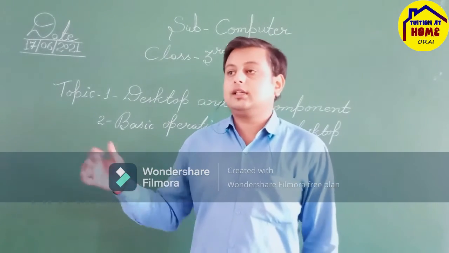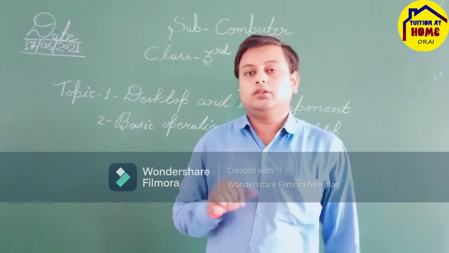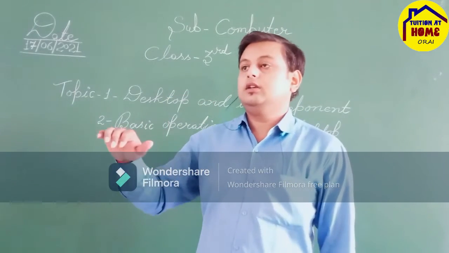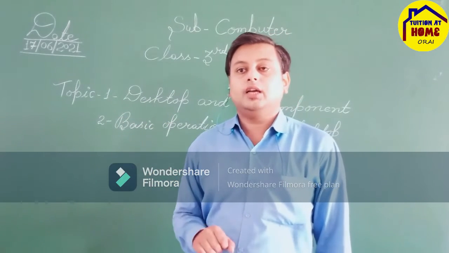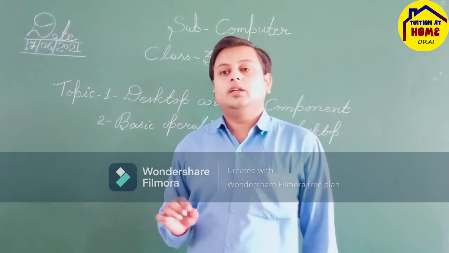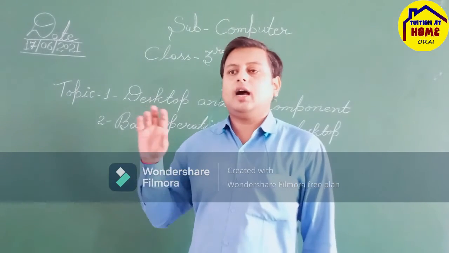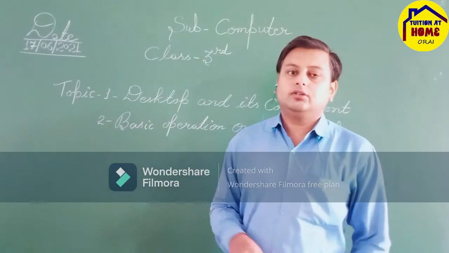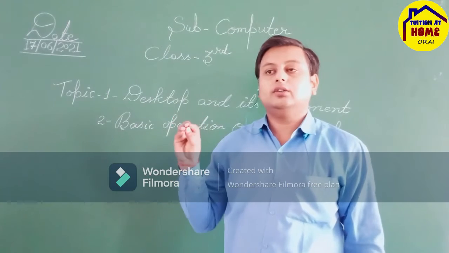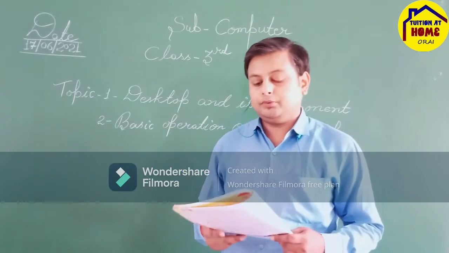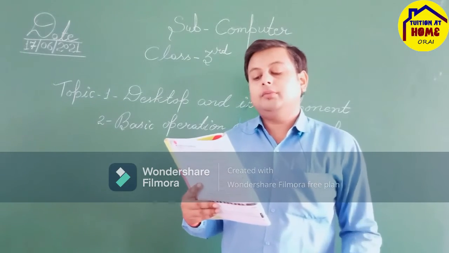What is that? Selecting an icon means just press the left mouse button one time over it. Okay. You can hover the pointer over it and click one time with the left mouse button, and that particular icon or application will be selected in front of you and highlighted with blue color. Okay, and that highlighted blue color shows that particular thing is selected on the computer. To select an icon, simply click on it, it will be highlighted as I told you.